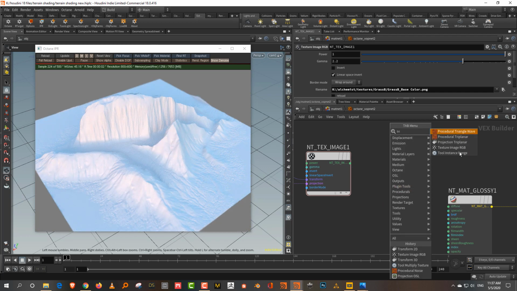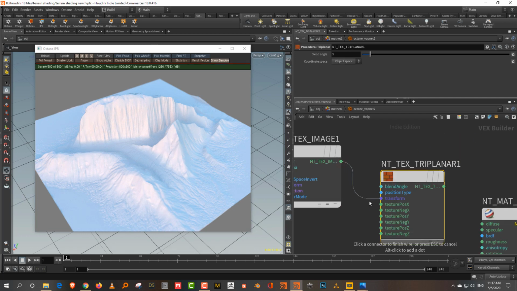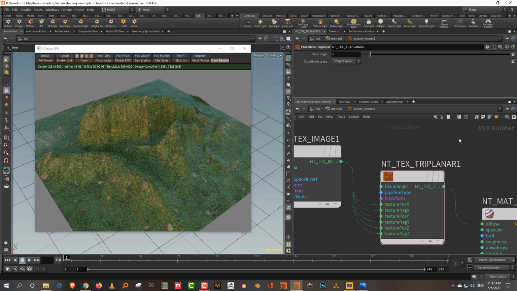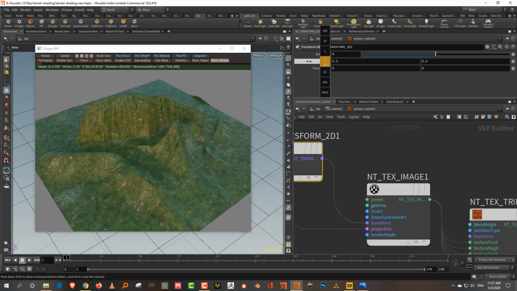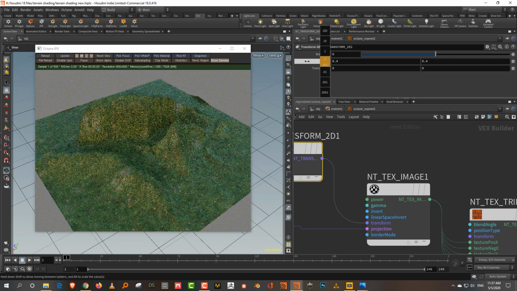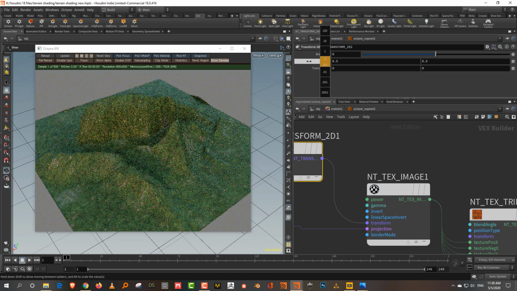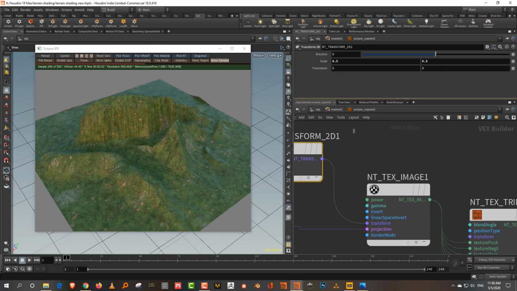Okay, so just take a triplanar and you'll find something called procedural triplanar and just plug it into everything. So X, Y, and Z. Yeah, and then just plug it in over here. See, so there you go. So you'll get projection triplanar and then you can tile it up if you want, so you'll get a little more tiling. Which is nice. This is actually a good map because you don't really see so much repeat patterns anyways.